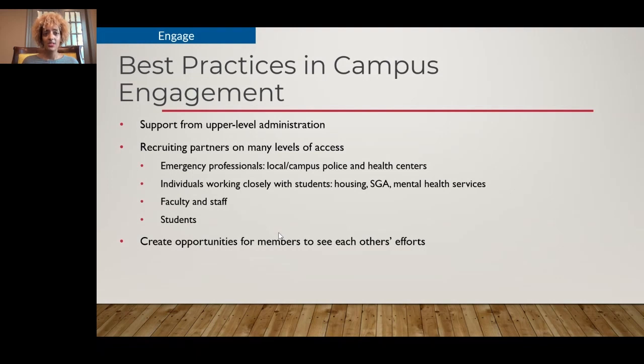And so what we've learned is that having administrative support, having upper level administrative support, will help your coalition be very successful. We learned that making sure there's a diverse representation of people on your coalition, including the police force, faculty, the Student Government Association, Greek organizations, as well as off-campus organizations, into the campus coalition so that everyone who's interested in decreasing college student food insecurity is available to bring all